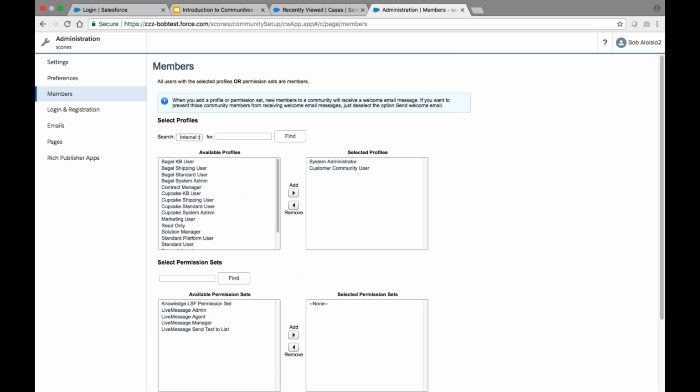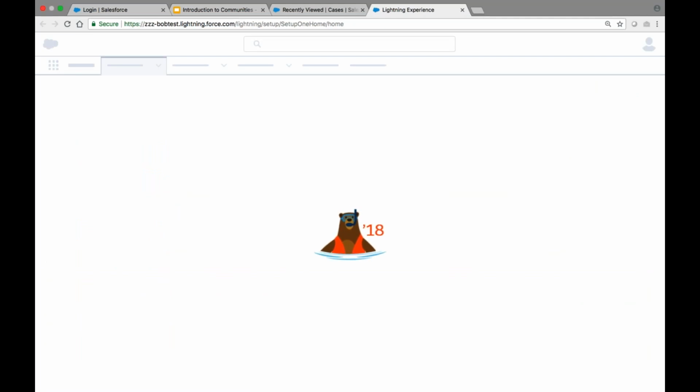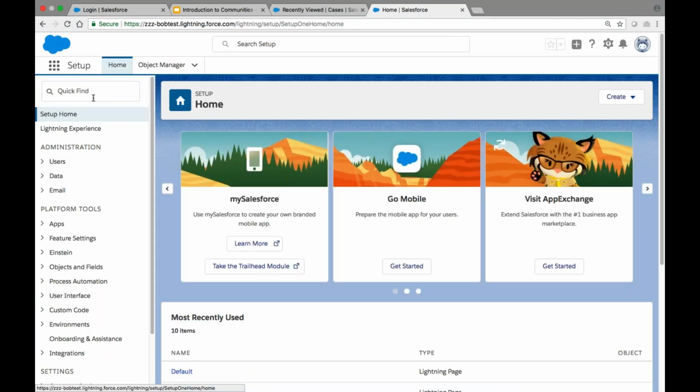Now we need to enable roles and make sure that the owners of the accounts are in a role that has access. Let's add the role. Close the Administration tab. Click the large gear icon in the upper right-hand corner of the screen, and then select Setup.